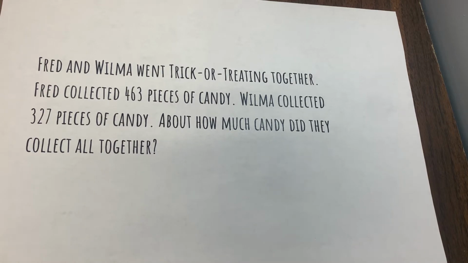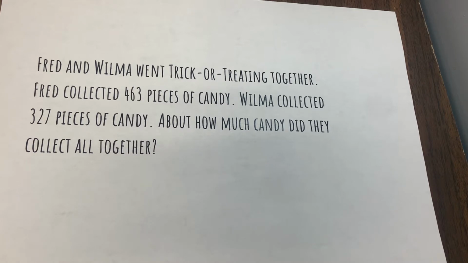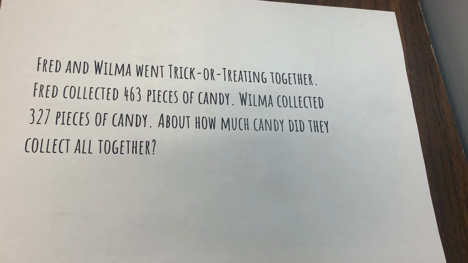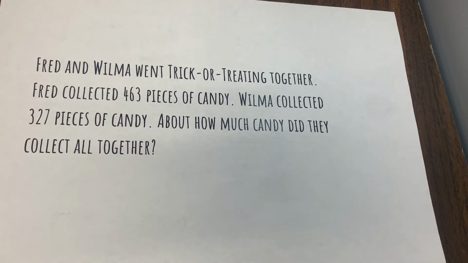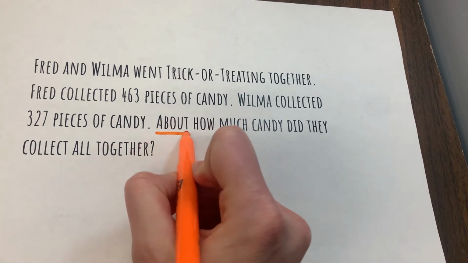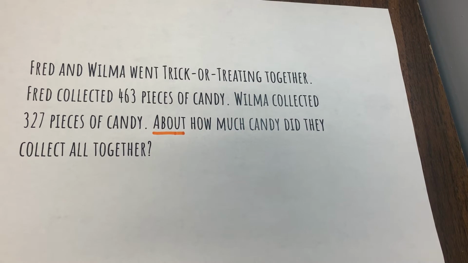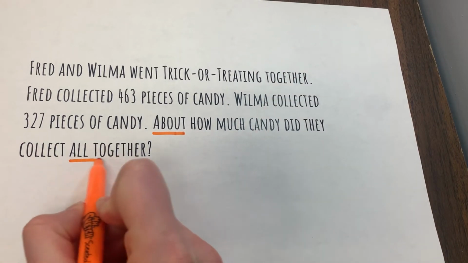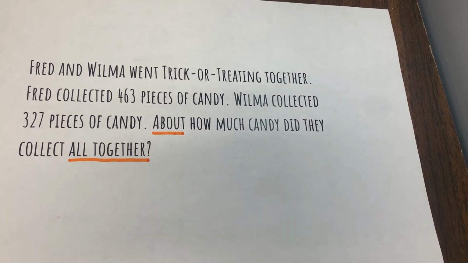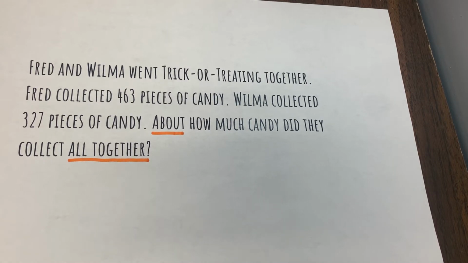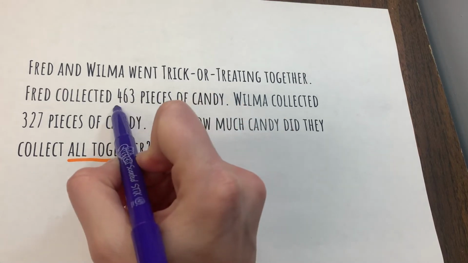Fred and Wilma went trick-or-treating together. Fred collected 463 pieces of candy. Wilma collected 327 pieces of candy. About how much candy did they collect all together? So we see the word about. We know they want us to estimate. And then we see the words all together. So we know they want us to add. All together means add. So let's take our first number,